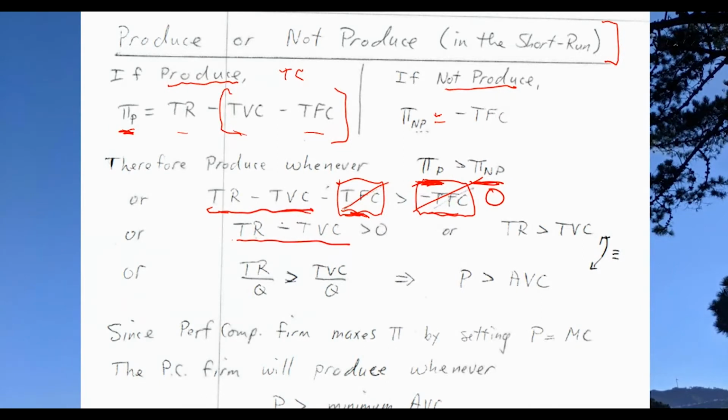Okay, so now we've got another condition. If total revenue minus total variable cost is greater than 0, it's going to make sense for the firm to produce. Okay, but let's take that and revise it just a little bit. Let's take the total revenue on the left-hand side. Actually, let's move it around. So let's move the minus TVC over to the other side to get this particular relationship, total revenue greater than